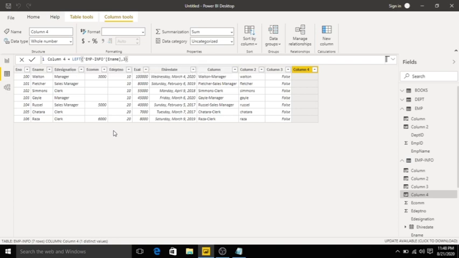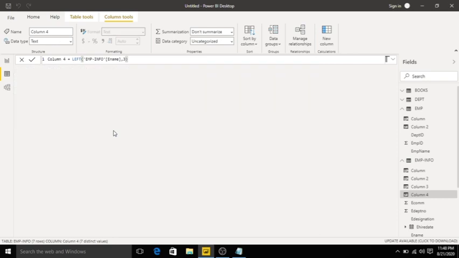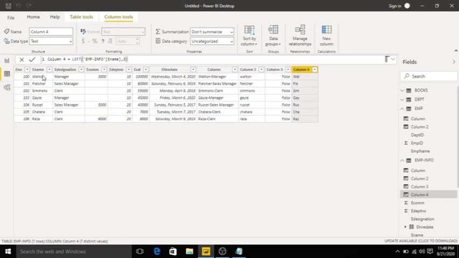Click enter. See, employee info ename: Walton is replaced with Wal, Fletcher with Fle, Simmons with Sim, Gale with Gal, Russell with Rus, like this.